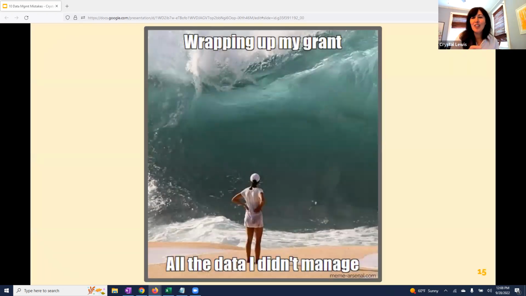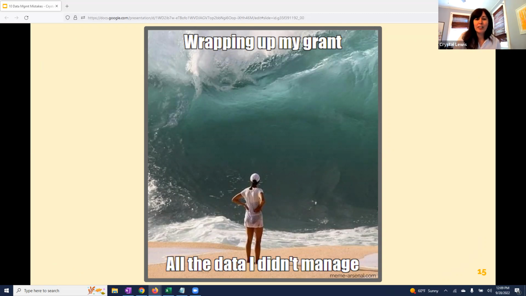It's scary, right? It's overwhelming, but it happens quite often, actually, because of the reasons I mentioned before. Maybe we get too busy to consider data management before our project starts, and we think, I'll deal with it later. But what happens is we think at the end of our project, oh, I can clean this data up pretty quickly. It'll just take a few weeks, maybe a month or two, and then I can analyze my final results. But then we dig into our data and find out that it's way messier than we ever imagined. And it takes several months or even years possibly to clean it up.